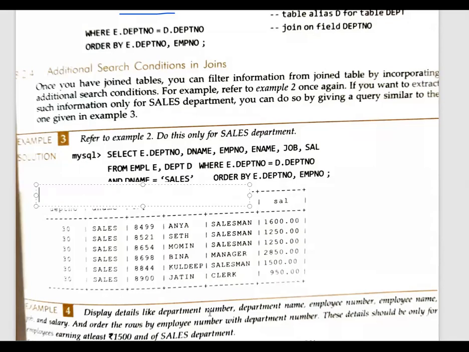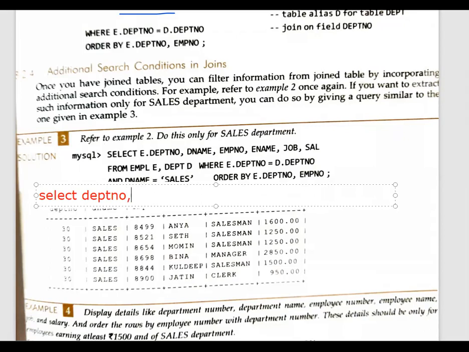See, now we will see the question properly. Display the details like department number. So select. The very first thing was department number, which was common in both. So first I will write the complete statement, then we will discuss why we have not used it. So select department number, comma.